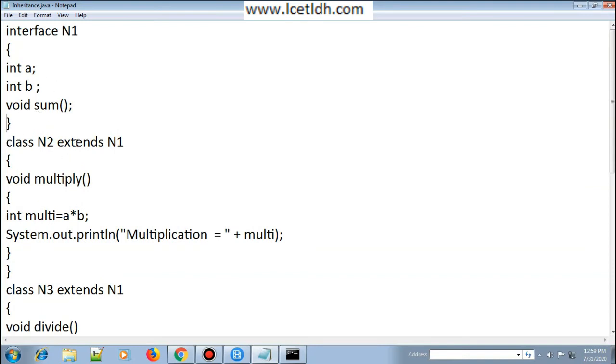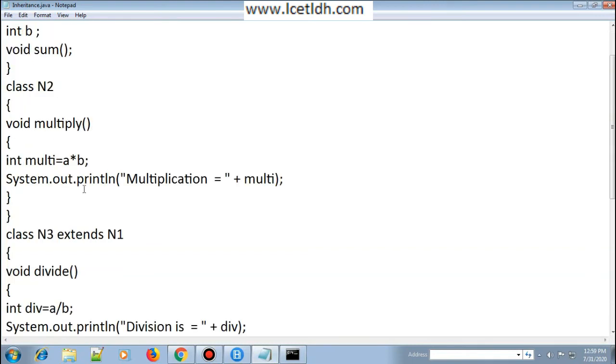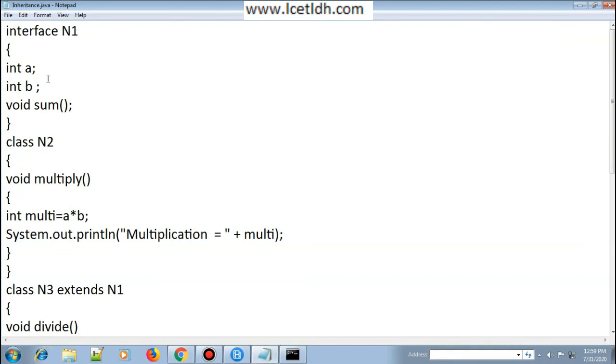Now let's say I want to achieve multiple inheritance, and this is the class. Basically, let's say this one is the class, which doesn't extend anything. Here is a method named void multiply. Here you can even give the value as well. So let me give the value over here.